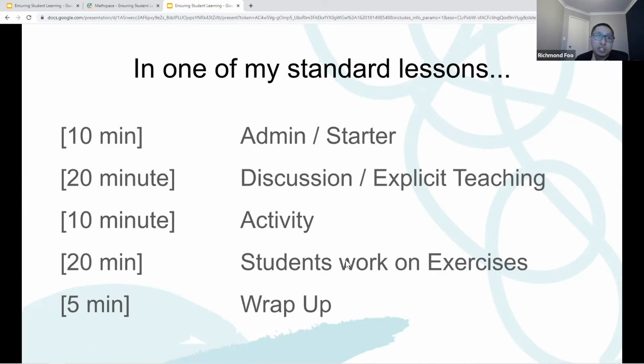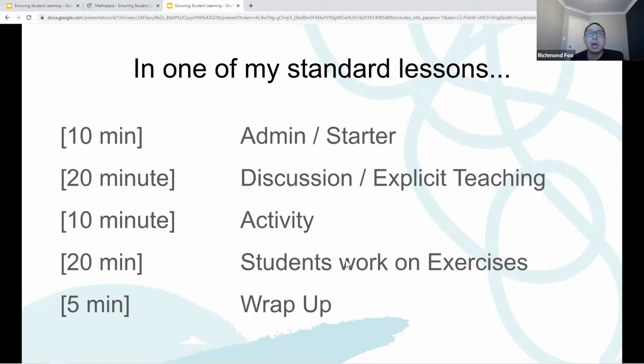And so my question to myself is, is there anywhere that I can tighten up? So maybe in my wrap up, if all I'm doing is saying pack up, clean up, is there a way that I can introduce an exit ticket or another activity that helps students demonstrate their learning before they're allowed to leave? Or maybe in my explicit teaching, can I find ways, maybe formative, to gather information as we go about how students are progressing through that lesson and how they're taking things on board